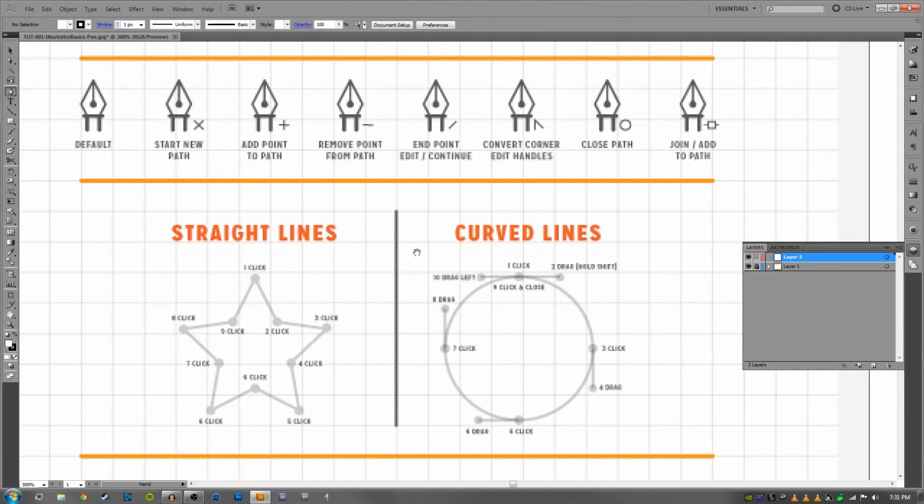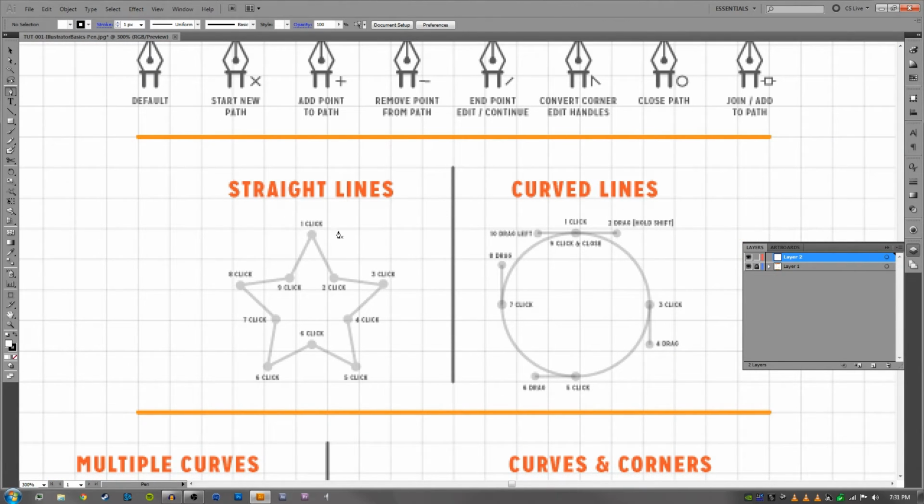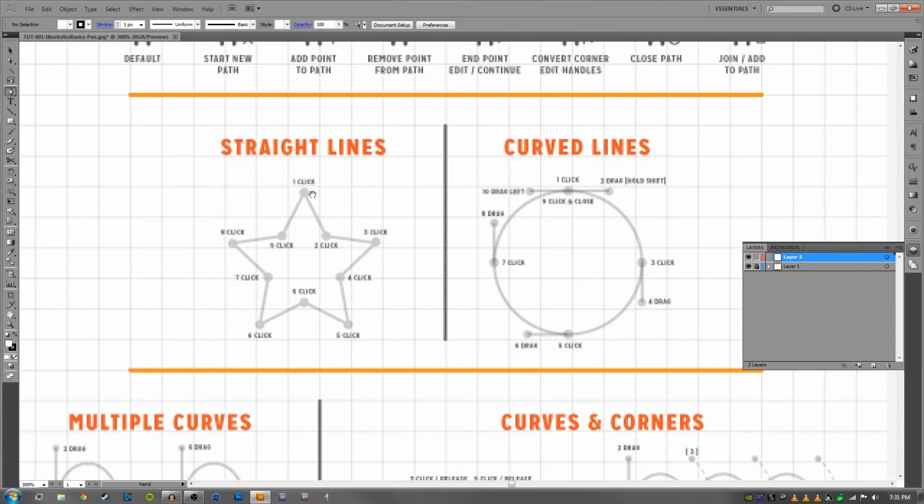So here we go, straight lines. You'll see everything is labeled at the start. I walk you guys through the whole thing. I said like 1, 2, 3, 4, 5, 6, 7, 8, 9, and then it walks you through that, and you end up at the beginning again. So what you're going to want to do is simply click on number 1 to start. Then you're going to click on number 2. You're going to click on number 3. Click on 4, 5, 6, 7, 8,